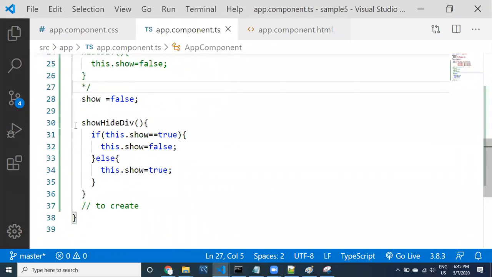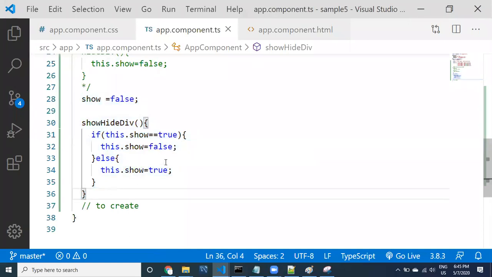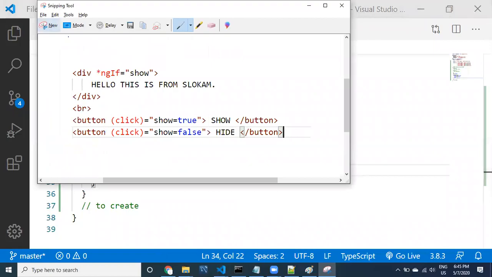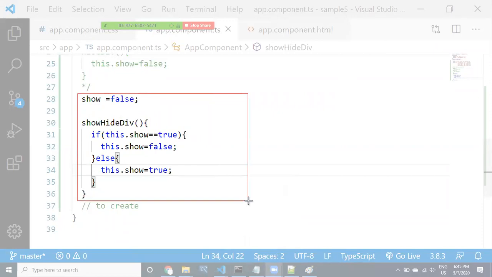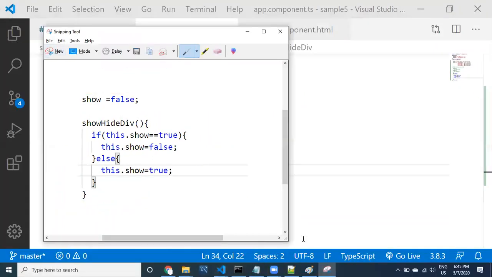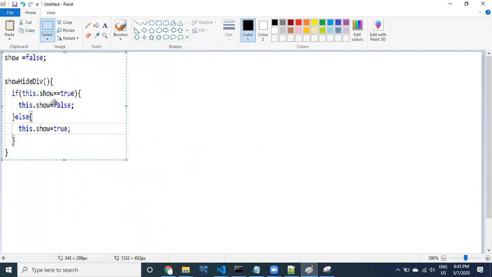Right now we are using this particular part. This is the component logic now. These two things, one property and one method, are the component class. This is going to be the component class.